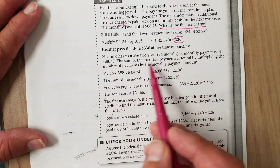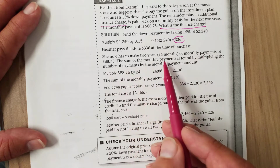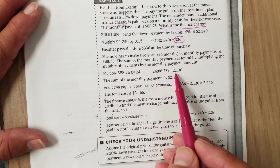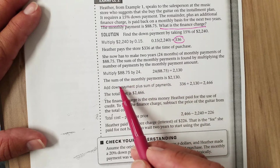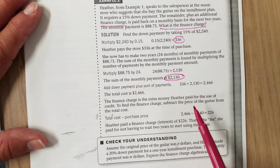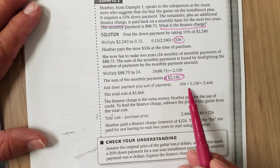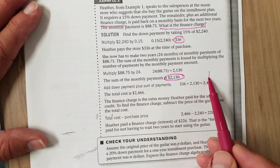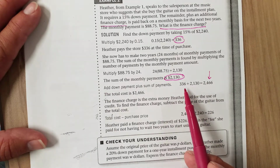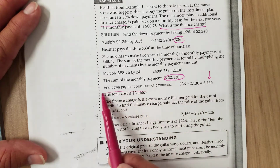2 years, 24 months. The sum of the monthly payments is found by, of course, multiplying the number of payments, 24, by the monthly payment amount. So 24 months times the monthly payment amount would be $2,130. So this is what she's going to pay over the course of the 24 months. This plus the down payment is the total of what she's going to pay over the course of the 2 years. The down payment that she's making now, plus her monthly payments that added up to $2,130. So the total cost is